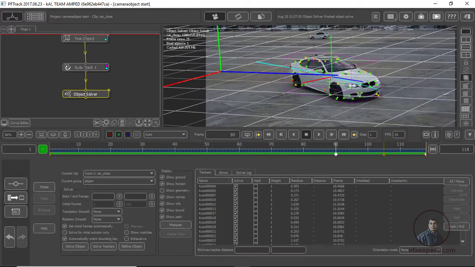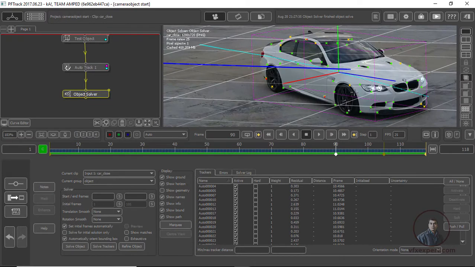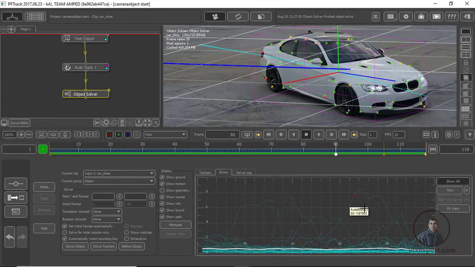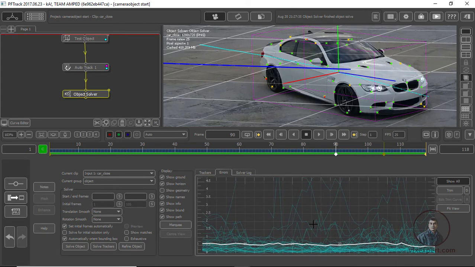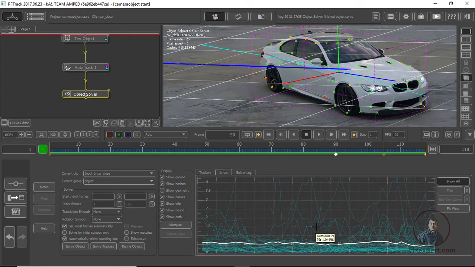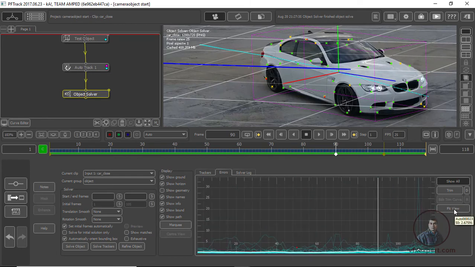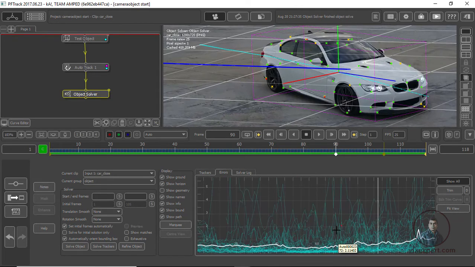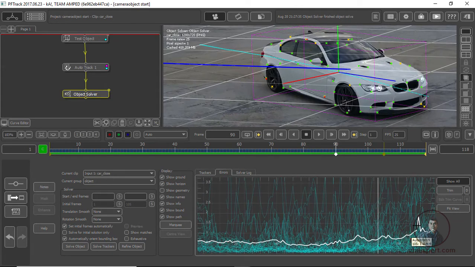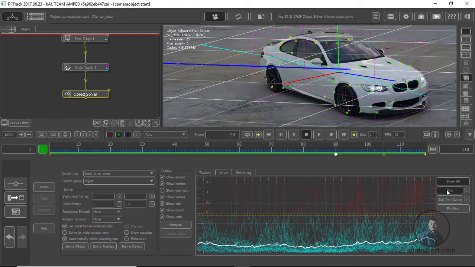some red points are there, maybe these points are generating error in your object motion. So if you want you can delete them. Then simply click on error, then downside you will see some errors. Then hold the middle mouse and move up and down, you can maximize this area. Otherwise you can simply click on fit view. Now maximize this one. I think here you will see this is the maximum error. Now simply click on trim. Now just reduce errors like this.